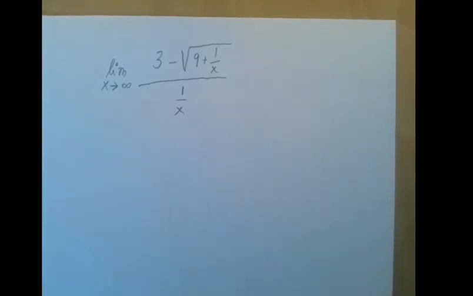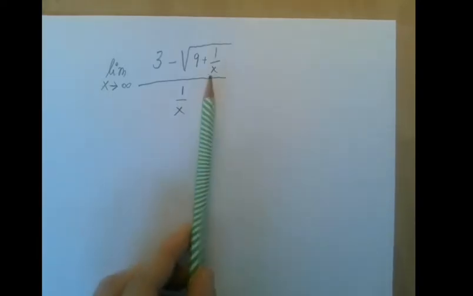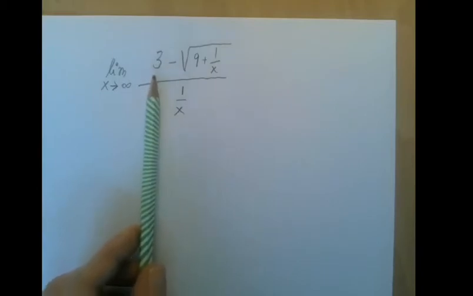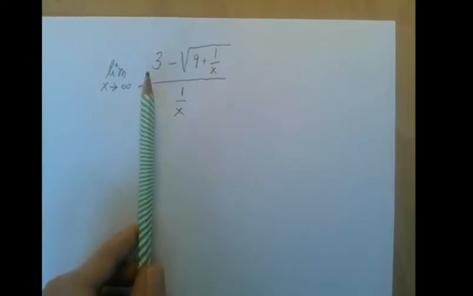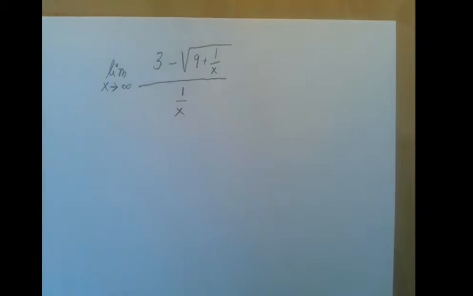Okay, so this is our next example. Now let's see. If x is a large number, then 1 over x is nearly 0. So 1 over x is kind of insignificant. So the top is really very, very close to 3 minus square root of 9. That's 3 minus 3, that's 0. And the bottom is very, very close to 0 as well. So what we have now is a 0 divided by 0 type of an indeterminate,